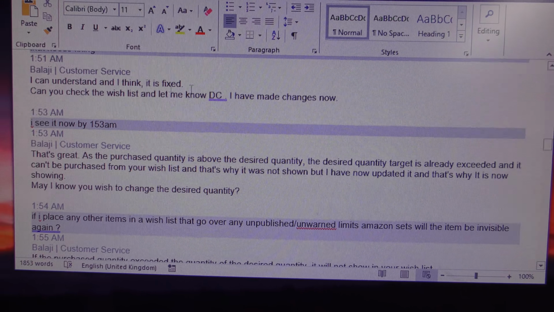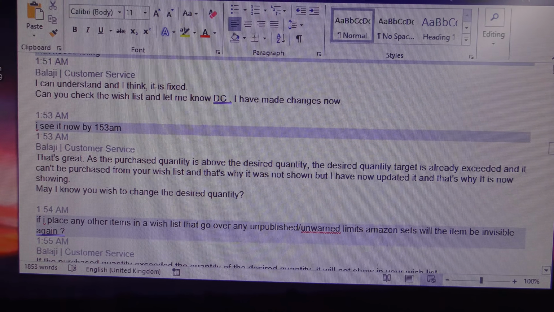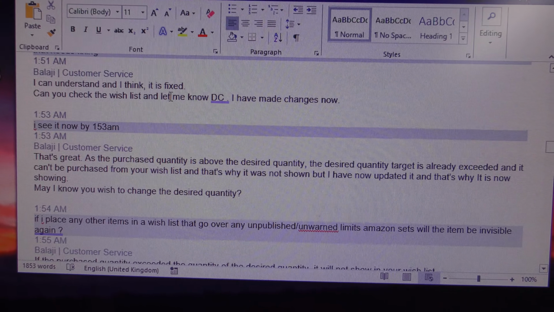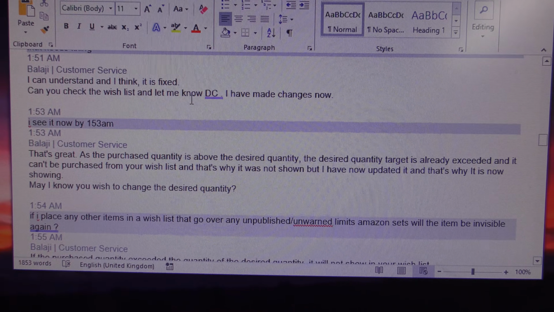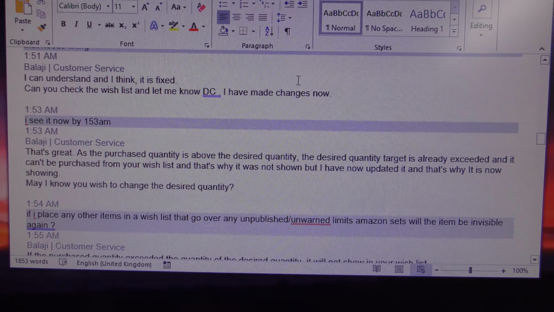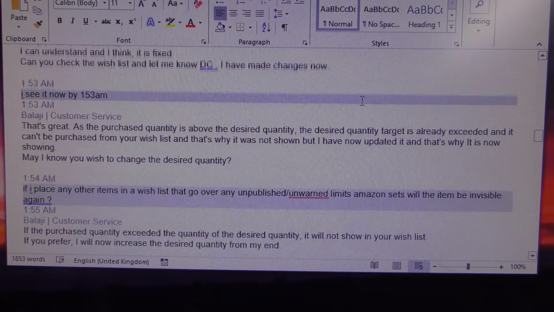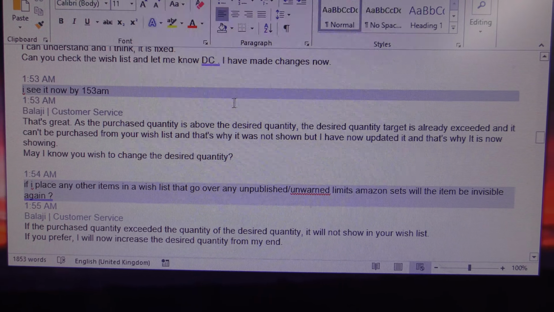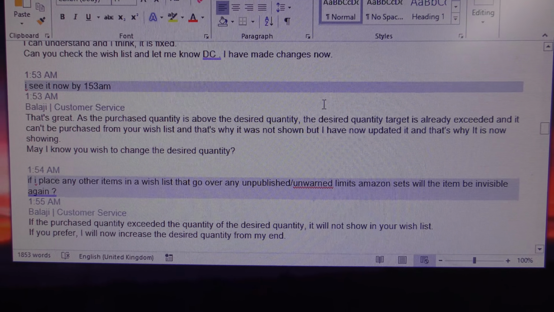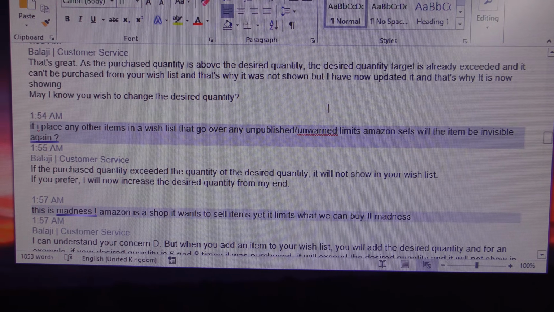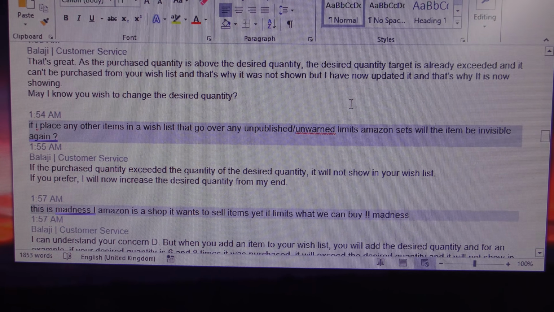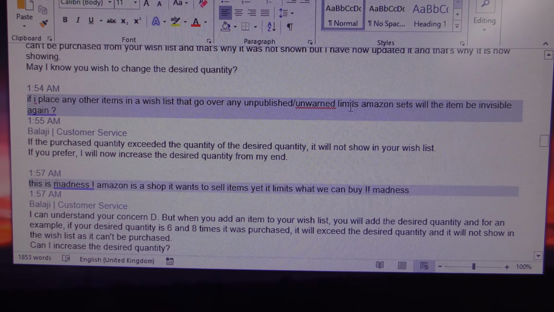Then he did something his end. He could do something at his computer screen that made it possible for that item to then show up on my computer screen. So that item then appeared on my wish list, so I could see it again. And then